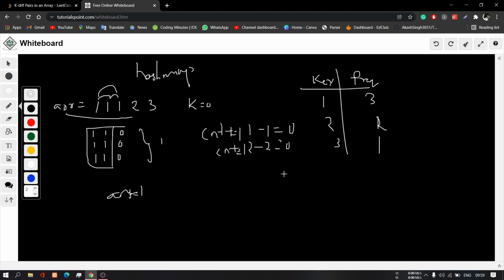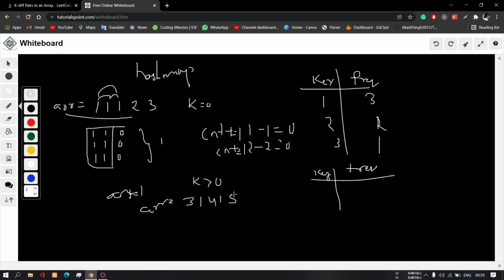Now, what is the approach for k greater than 0? Let me take another array, like 3 1 4 1 5.